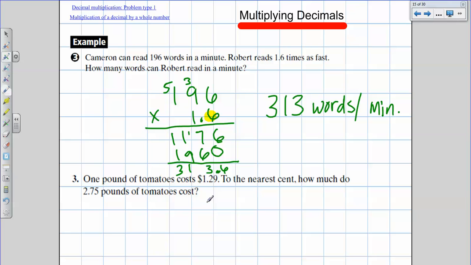I want to know, if 1 pound of tomatoes costs $1.29, how much do 2 3/4 pounds of tomatoes cost? So go ahead and hit pause, and you can do this one real quick. All right, for our answer here, we should have ended up with